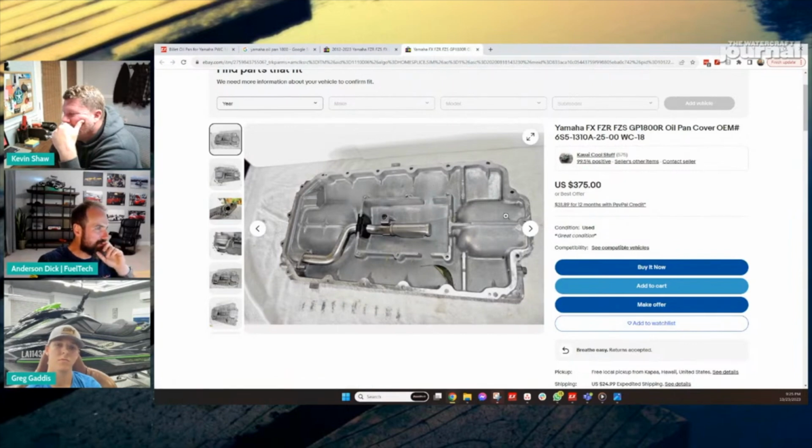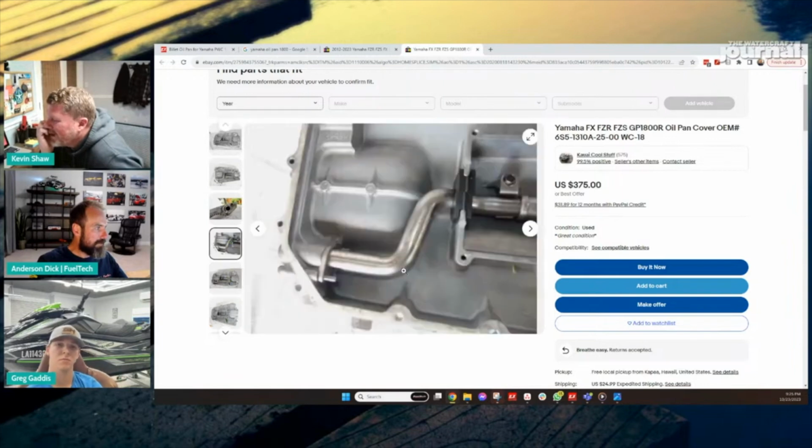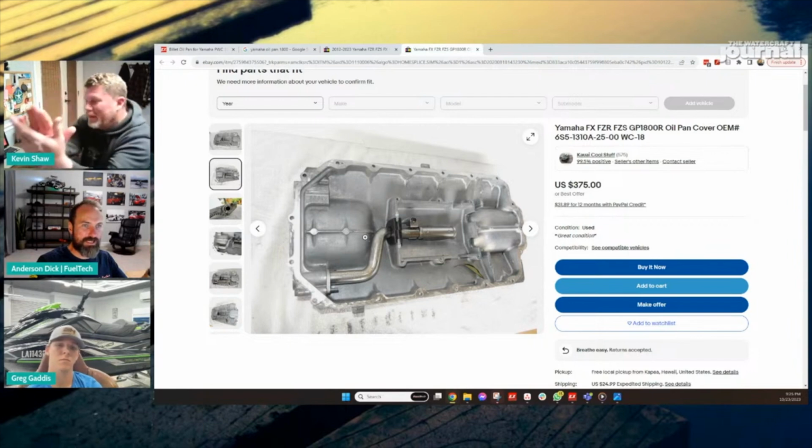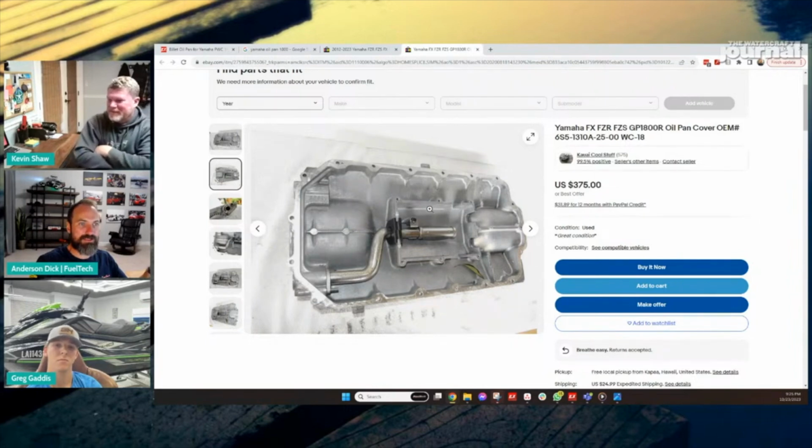There's actually no circulation. So when you're decelerating, the oil will never get in again, especially if it's being whipped around and totally aerated, it's not going to get into that chamber. This is the front of the ski. If you're decelerating, the oil goes through the outside all to the front, and this gets dry. So you need to really wait until you stop almost for the oil to get back here to the suction tube,